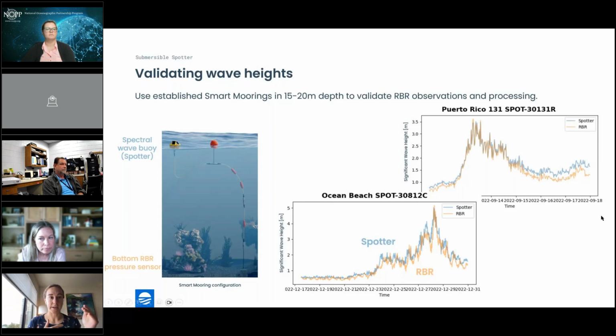And this is really the secondary product, where the primary product is just the total water level. And RBR pressure sensors have extremely high